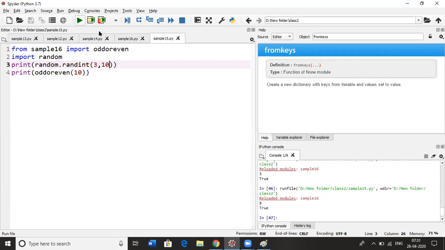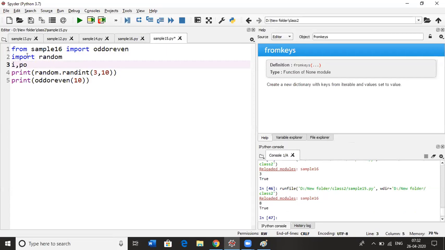So that's the use of random generated values. And if you want to interact with the Windows OS or other OSs, create some directories and manage files, you can use the module called os.